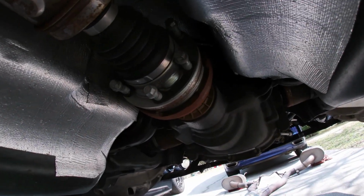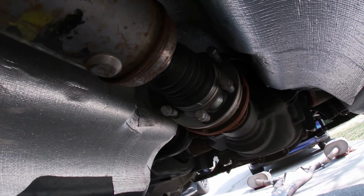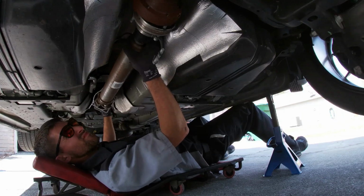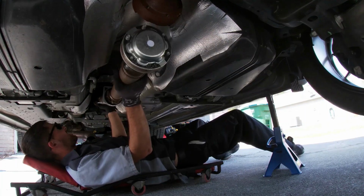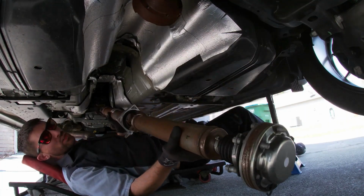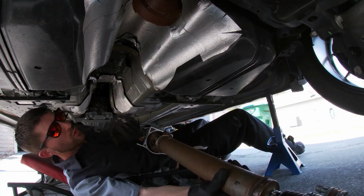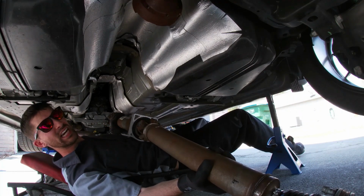What you'll want to see on the rear is that it can slide forward out of that cup. So you'll just slide it forward out of that cup and then slide the whole drive shaft back towards the rear to get it out from the front. Just pull it back towards the rear. You might need to use a pry bar to wiggle it forward or aft, but now we've got our stock